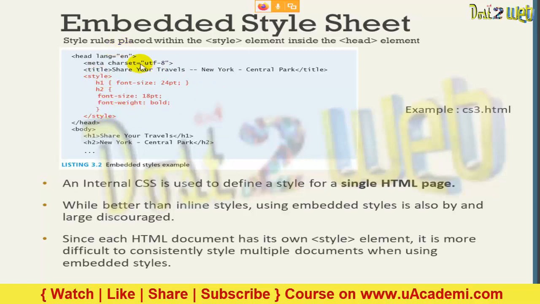Since each HTML document has its own HTML element, it will be very difficult to embed the style for multiple documents. When you want multiple documents to be used, it will become very difficult to define different style sheets, and it will increase the page load similarly.